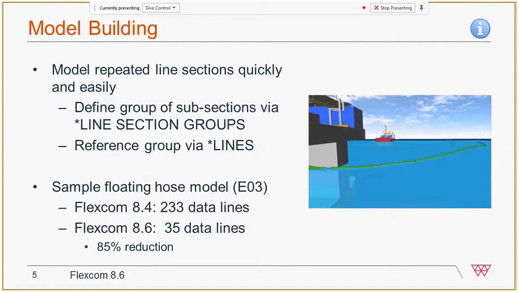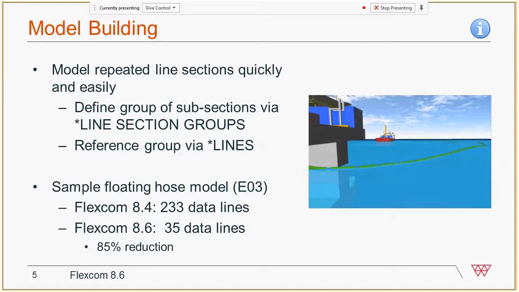What we found with the lines command is it wasn't perfect for sections which kept repeating. So say for a drilling riser, for example, you might have a lot of different riser joints separated by flanges or separated by buoyancy material, and the same type of section was modeled over and over and over again. And that required lots of different line subsections, each of which had to be defined explicitly with a unique name and so on. What we did in Flexcom 8.6 is we've introduced another input, which is called line section